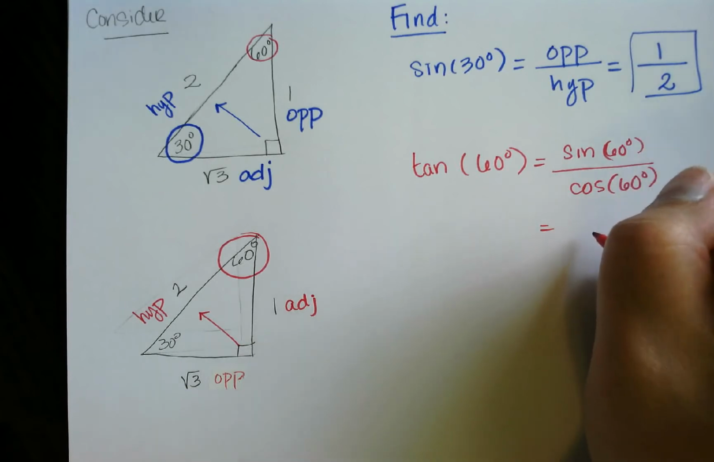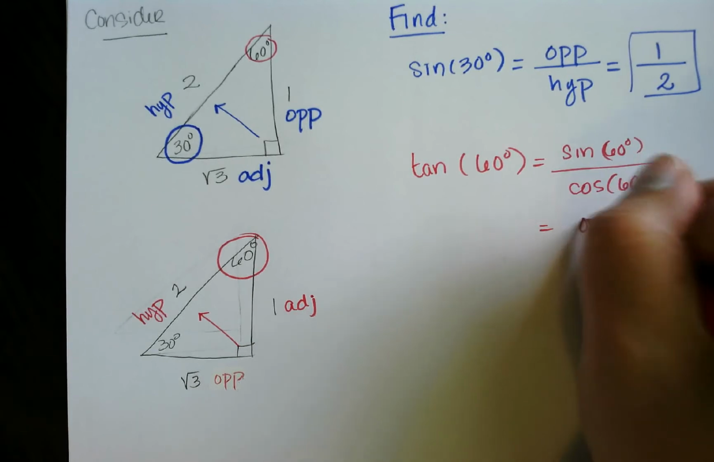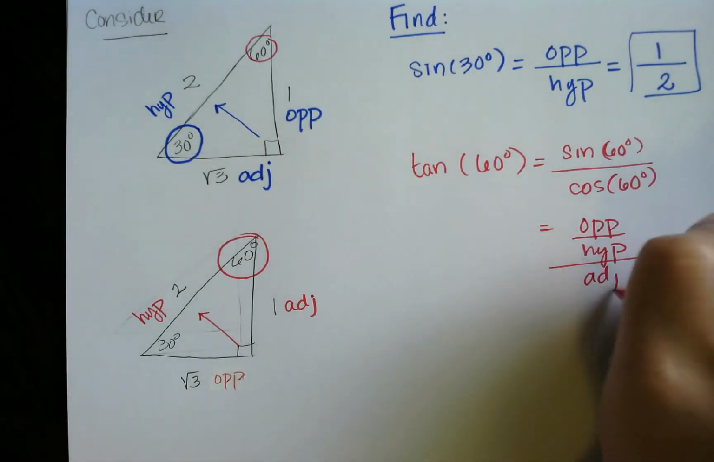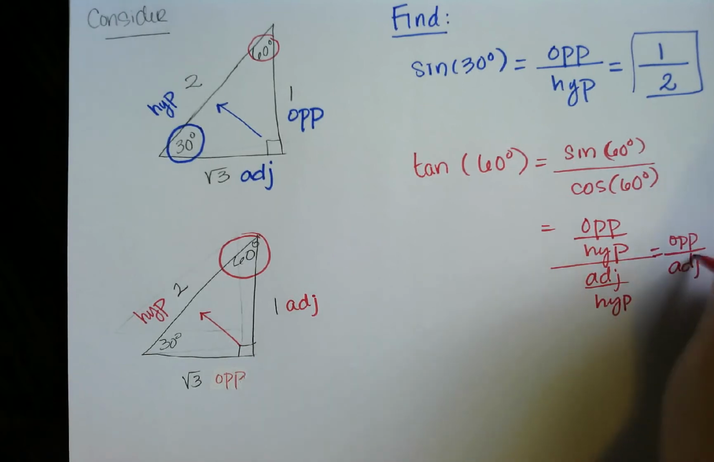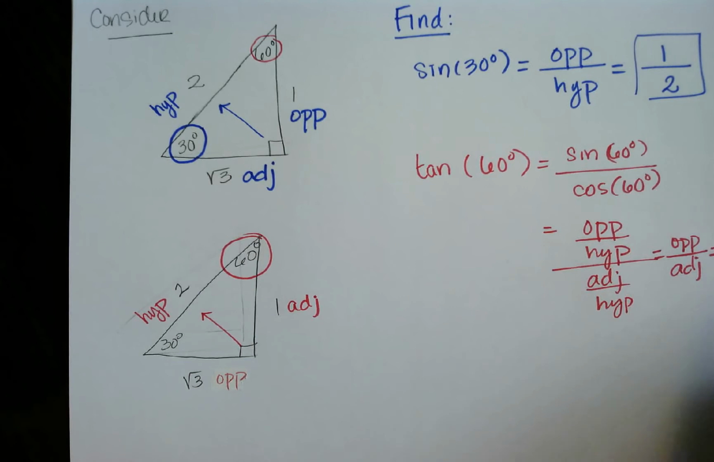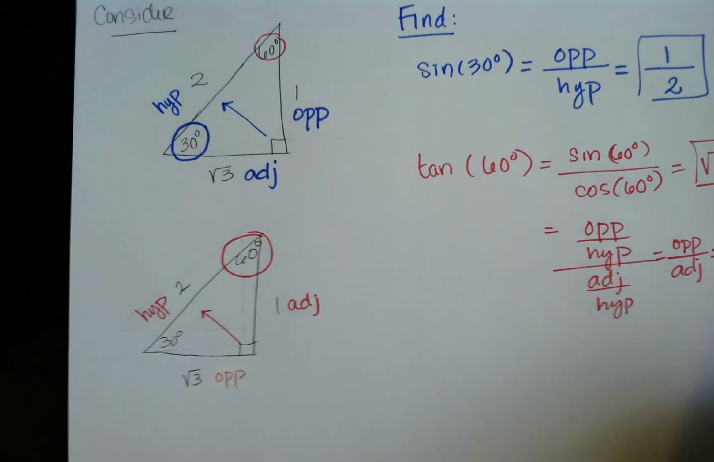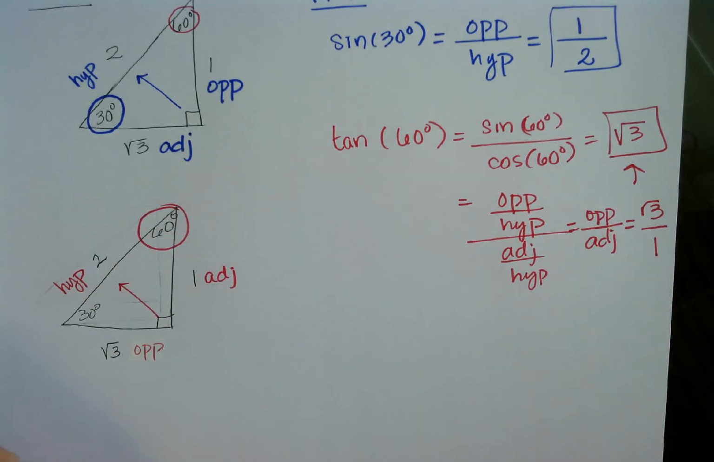again, this is the long way, I'm not ever going to write it again, but I'm just showing you. Opposite over hypotenuse over adjacent over hypotenuse, multiply by the flip, and you have opposite over adjacent. And that is, the opposite side is square root of 3, the adjacent side is 1, so that's equal to square root of 3. Okay. So it's all about labeling your triangle according to the angle you are looking at, the angle you are